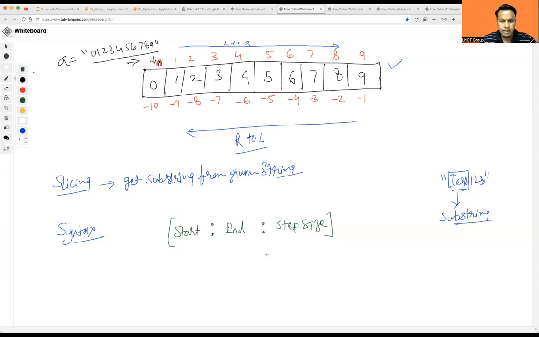Okay, so we have start, we have end, and step size. So start by default, remember all those things, whatever I'm writing. You can start making notes in your notebook in case you want. Default is 0 or -1. End will be, default is